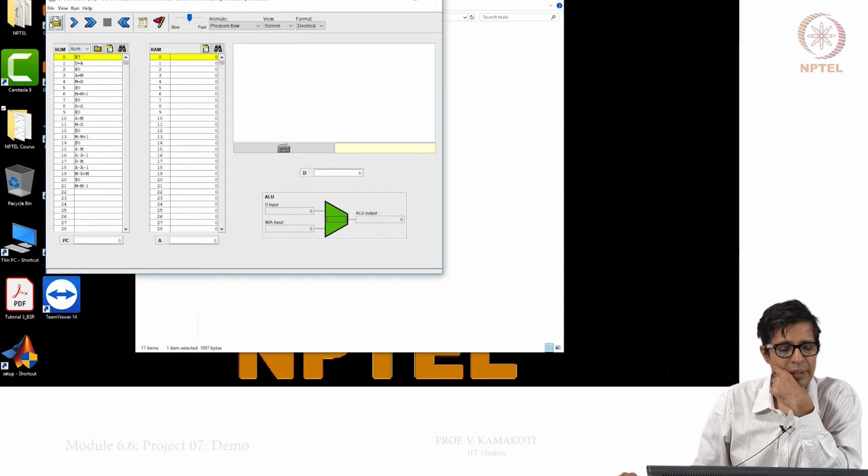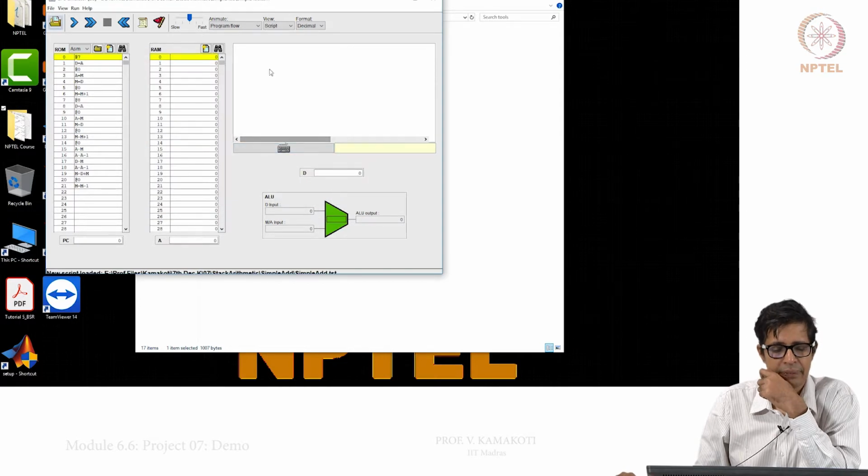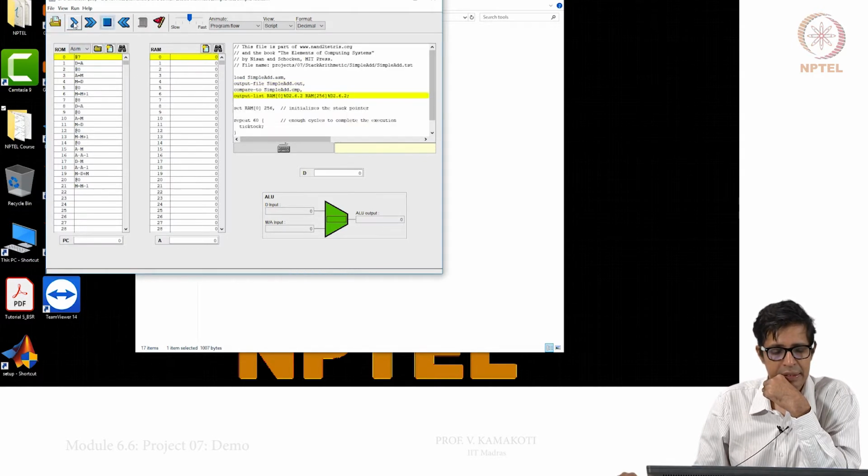So, I have loaded this simple add. Now, you can also load the script for that simple add. There is a SimpleAdd.tst script. You can load that and then we can run it. Just run that.